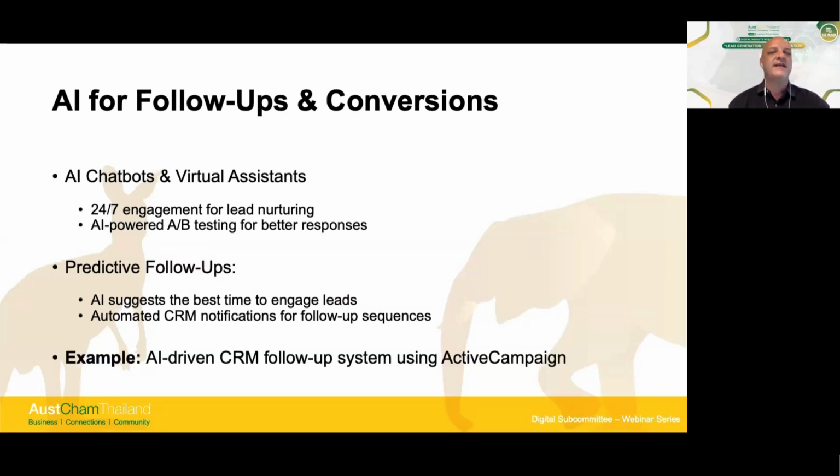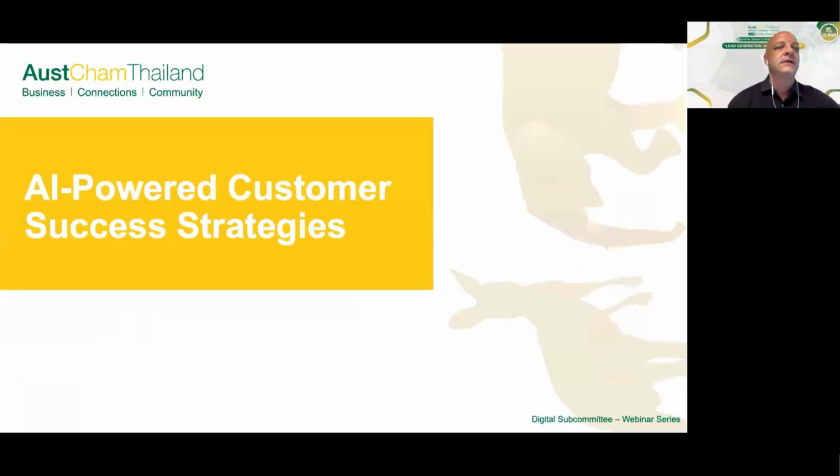So again, let's have a think about an example follow-up system. This is a great example, I guess. Everybody on here signed up for this webinar. When we finished, AI could automatically send everyone a follow-up email with maybe a case study. If the lead clicks on that email, AI can notify the sales team to call them. If there's no response to that email, then AI can schedule another touch point. Maybe that is a follow-up email sequence. Maybe it's something different.